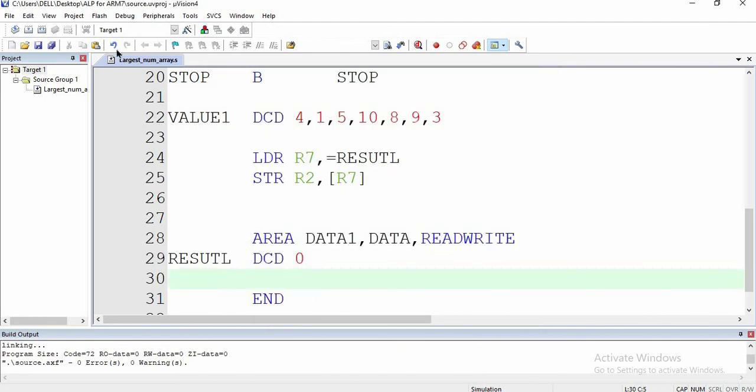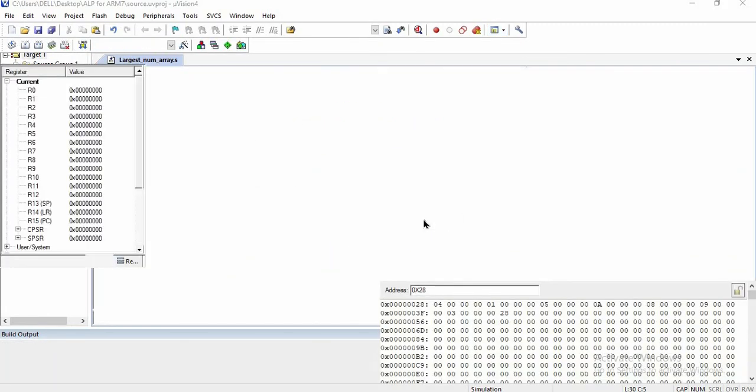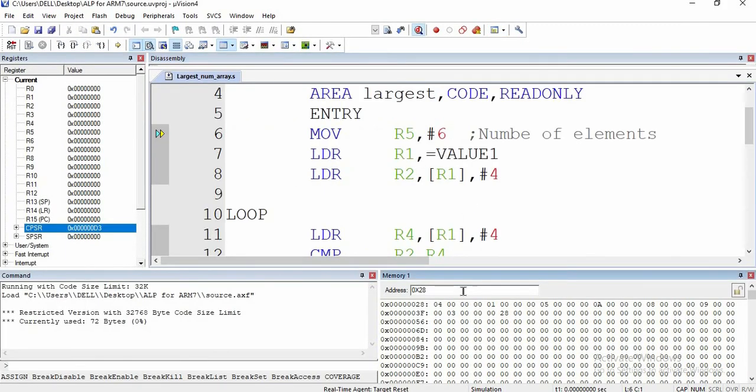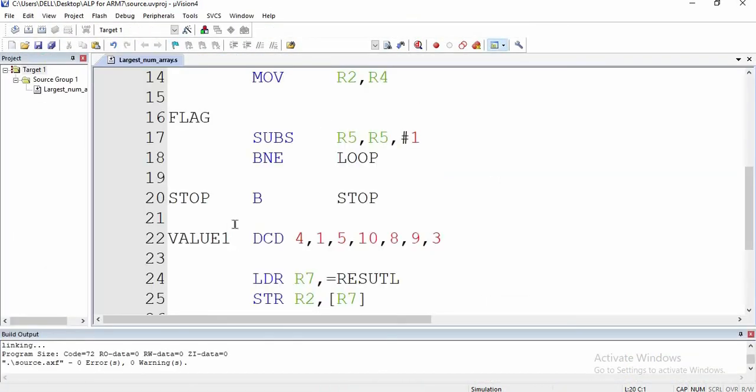Now I am going to open the debug session. I am going to open 8000 over here. That is where our result will be saved. Initially the 8000 address has 0. I will run the code. For directly running the code you should press F5. The thing is that here you have written the infinite loop.